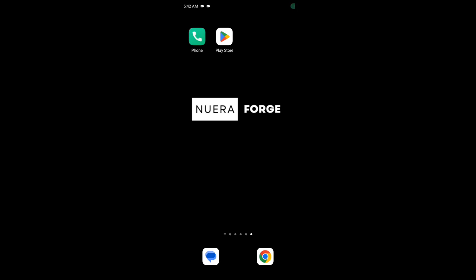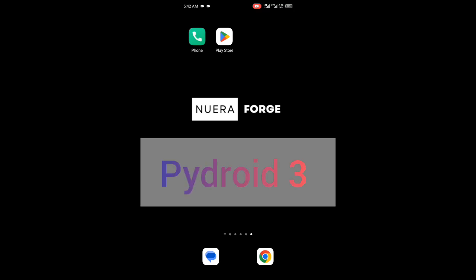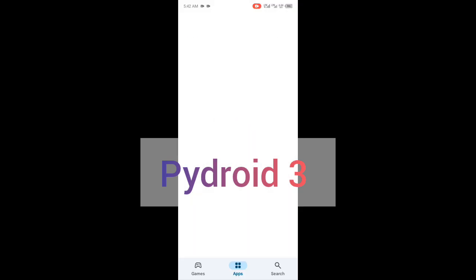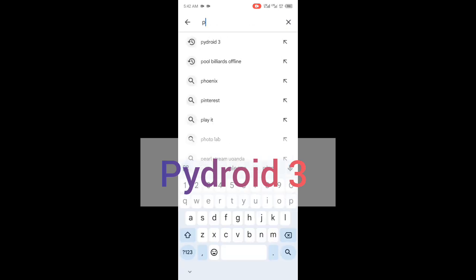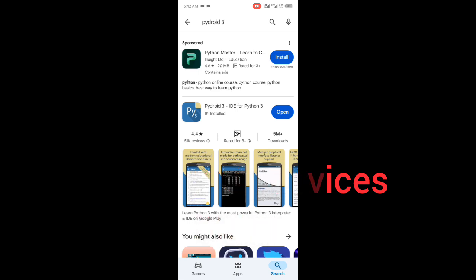Now the second application is called PyDroid 3. Let us go to the Play Store and type in PyDroid 3. Then let me search for it. It's also already installed and it's the second from the top. So when I open it,